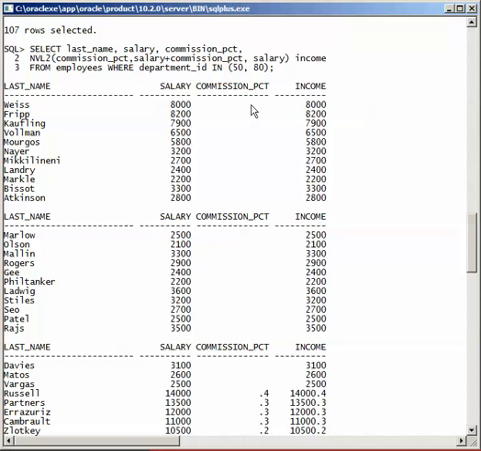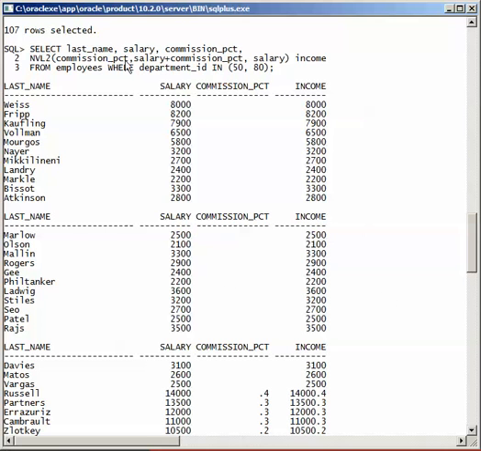If the commission_pct is not null, then it will return salary plus commission, otherwise salary. Let's have an example. Here the commission_pct is not null, so it will return commission plus salary, and if the commission_pct is null, then it will return only salary.